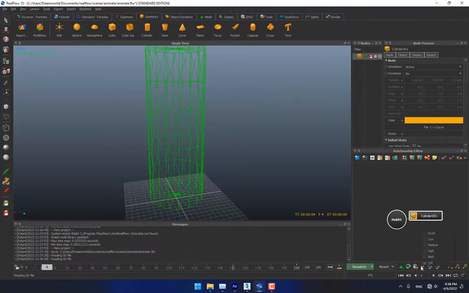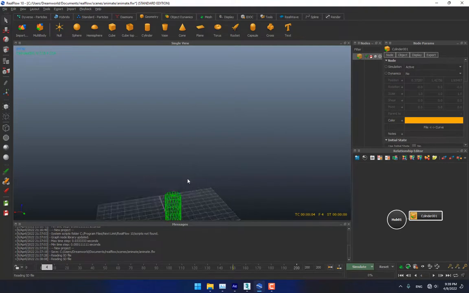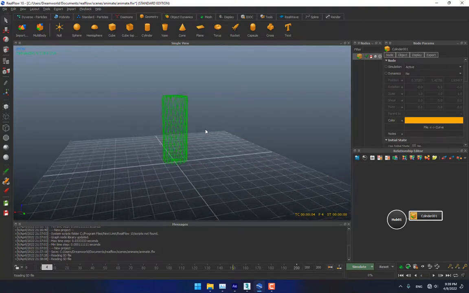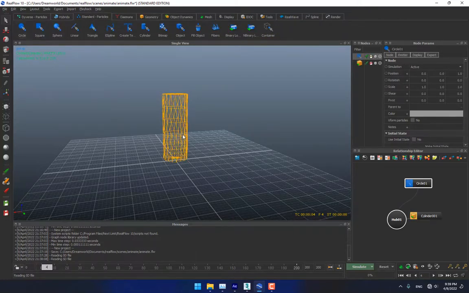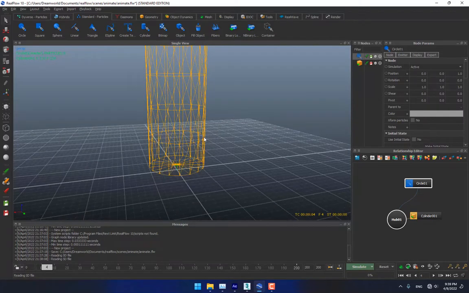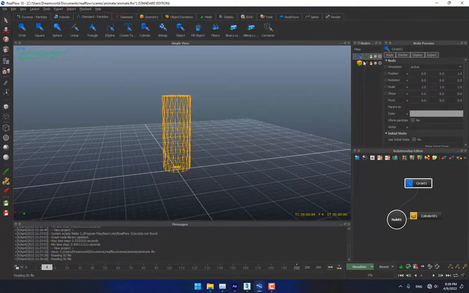Go to Scale, there is geometry scale, change to 0.2, enter. And now create a standard circle. Look, the circle is so small. Scale down again, 0.1, enter, and select